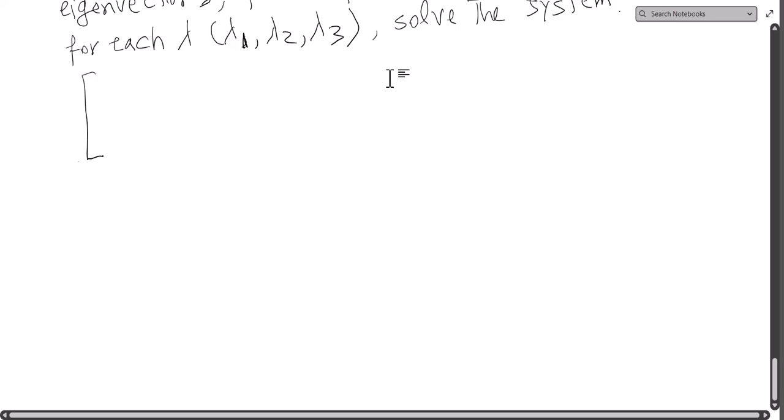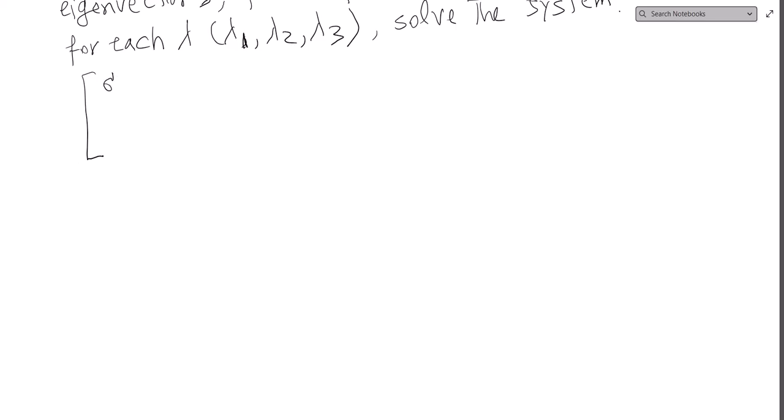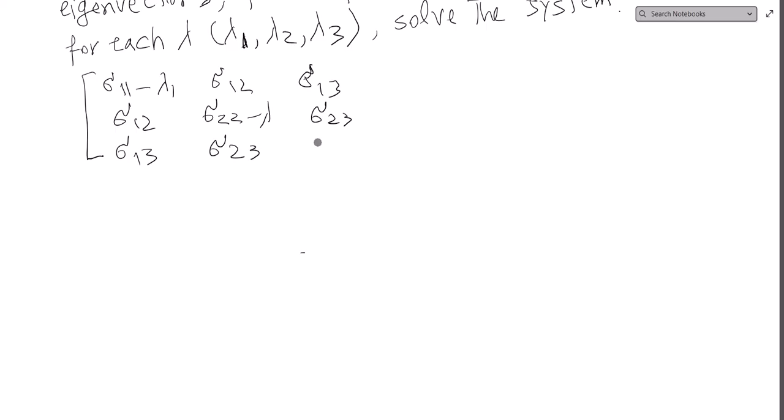So for lambda 1, I will have sigma 1,1 minus lambda 1, sigma 1,2, sigma 1,3, sigma 1,2, let's assume symmetry, sigma 2,2 minus lambda, sigma 2,3, sigma 1,3, sigma 2,3, and sigma 3,3 minus lambda. So these are my coefficient matrix, and then I have an associated n, let's call it n1, n2, n3,